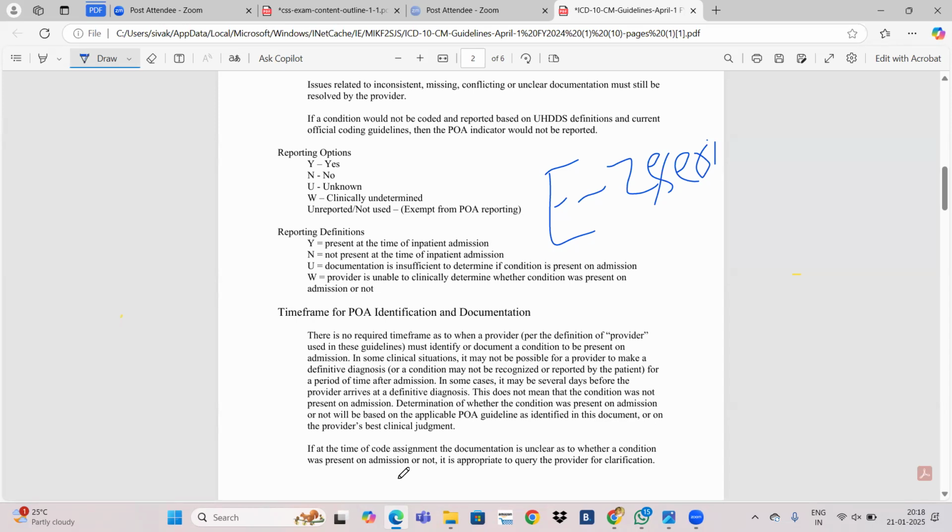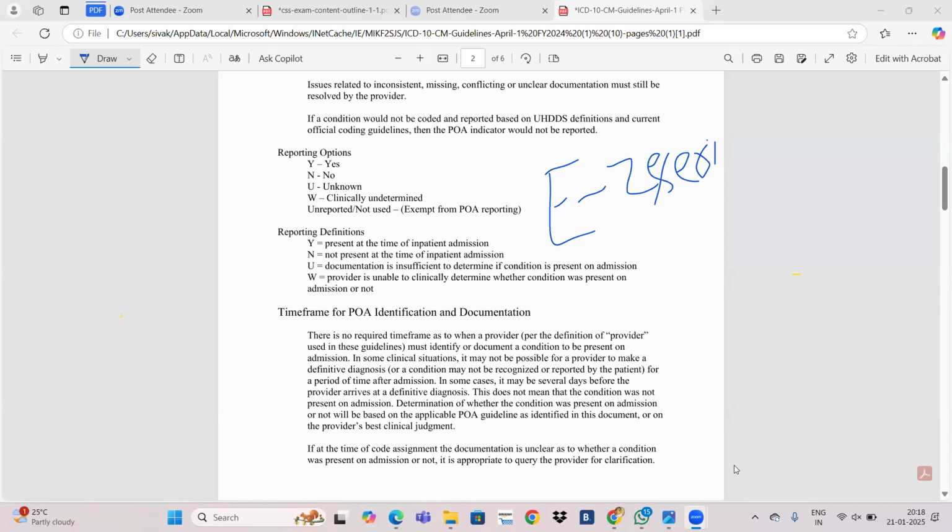Already present in the patient. Now they admitted with fever. They started treatment for fever with antibiotics. They gave antibiotics to control the fever. Now suddenly the patient developed an allergic reaction. So for that allergic reaction, you will assign Y or N. N. Then why? Because